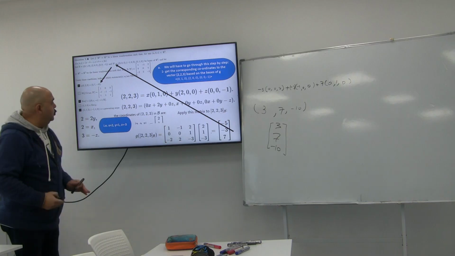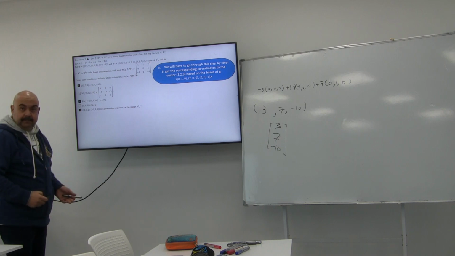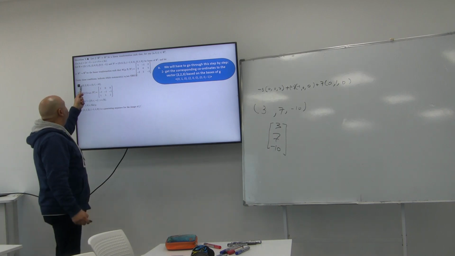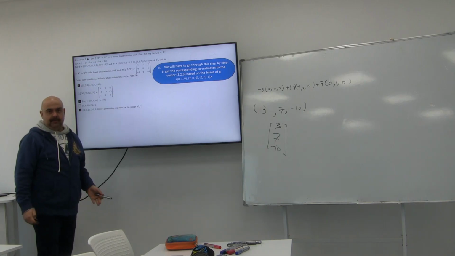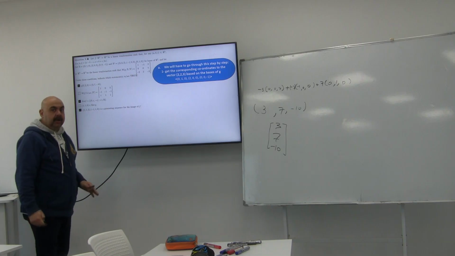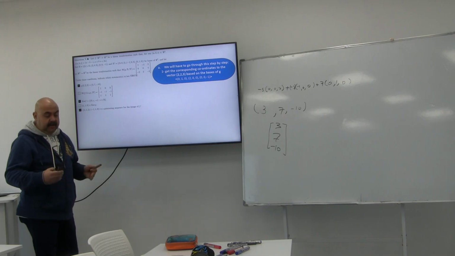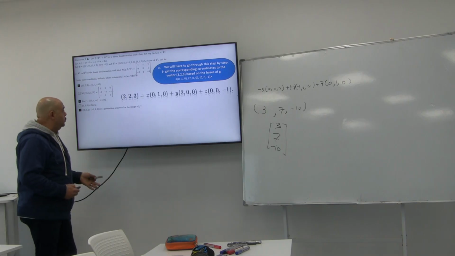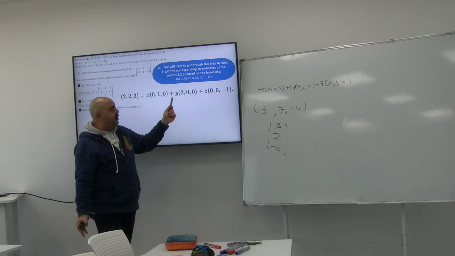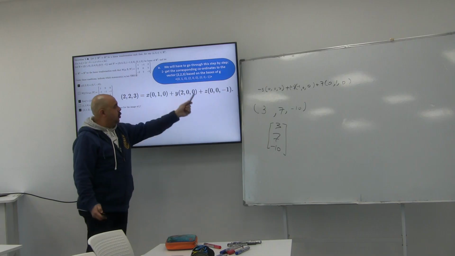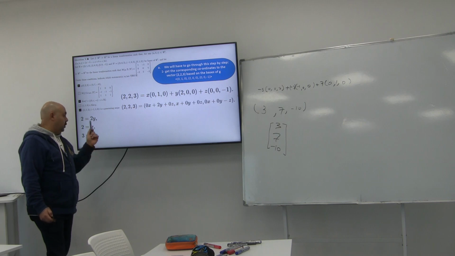So now you saw, once more, I don't have the function that will give me the image of 2, 2, 3. Instead, I've used the matrix of this linear transform. All I had to do is get the corresponding coordinates in the codomain. I'm seeking the coordinates in the main domain, which are x, y, and z. I will solve this system of equations, simply getting x, y, and z,